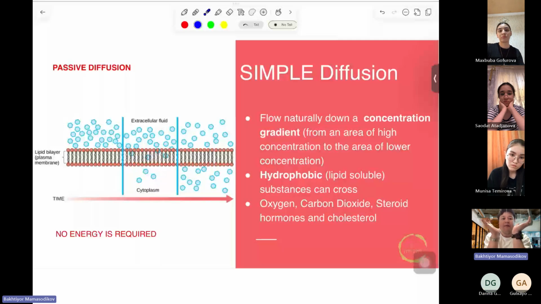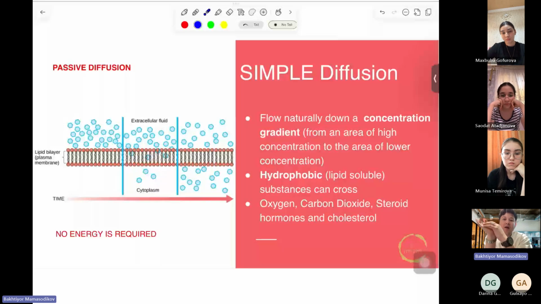The beans have more coffee compared to the made coffee. In the made coffee, we have the water, right? So the concentration of the coffee molecules, the concentration of the caffeine, is less in the made coffee compared to the real coffee bean. In the real coffee there is no water, but in the made coffee we have a lot of water molecules. That means the concentrated one is the coffee beans. Okay, this is how we explain the concentration.